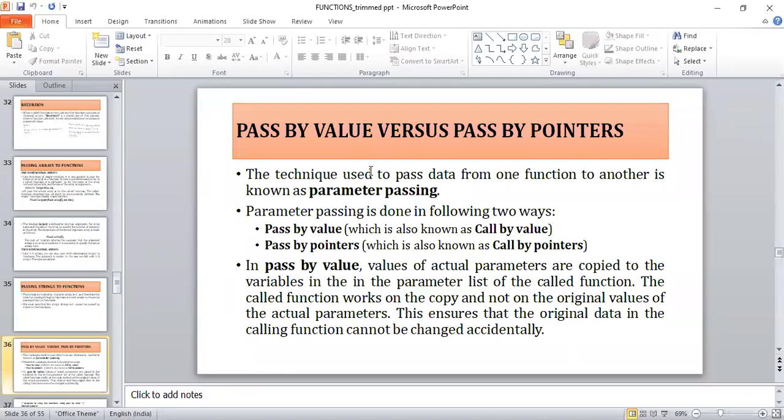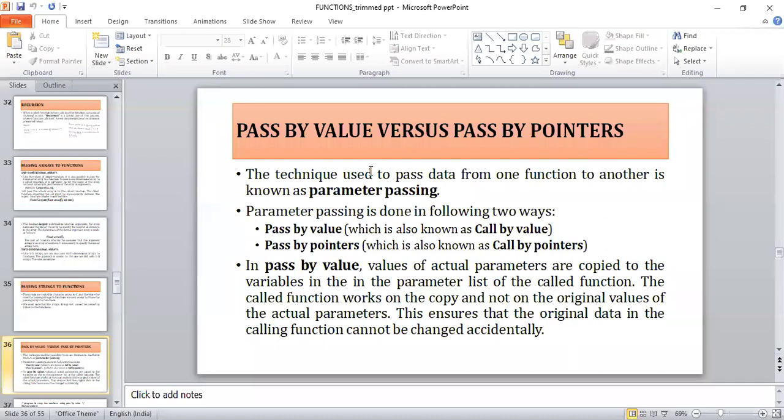Basically, passing the argument or data from one function to another, from the calling function to the called function, is nothing but the parameter passing method. I will repeat: the technique used to pass data or arguments from the calling function to the called function is the parameter passing method.